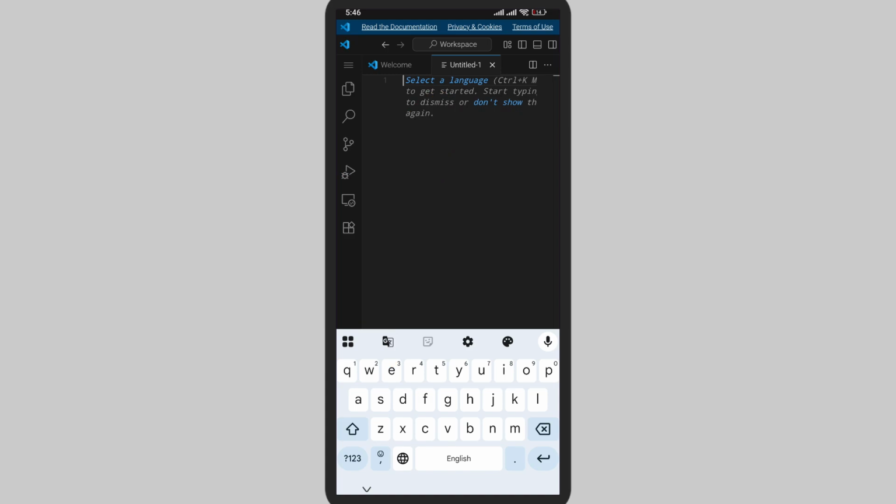Here you can select the language and here it will automatically detect it and the code will start to run. Later you can save the file and execute your code easily. So it's quite easy creating a new file and starting